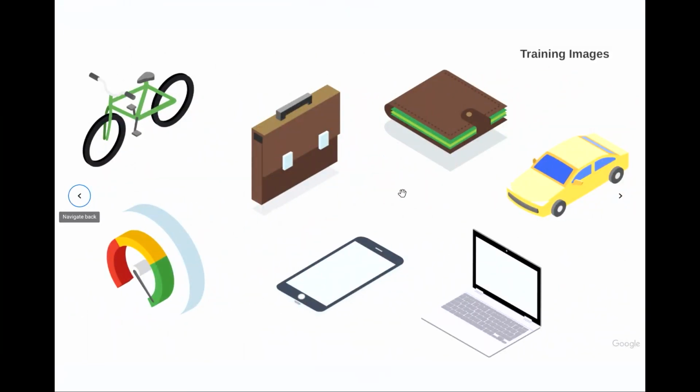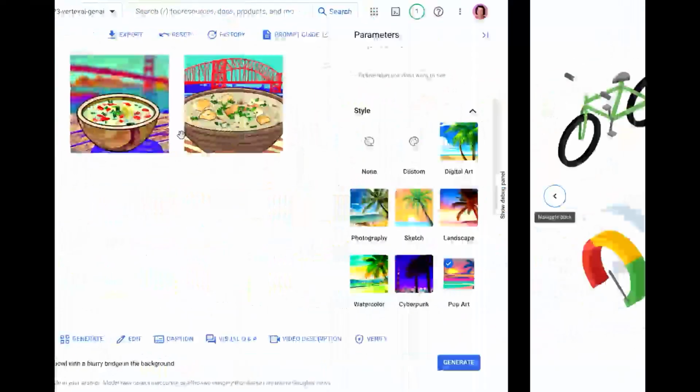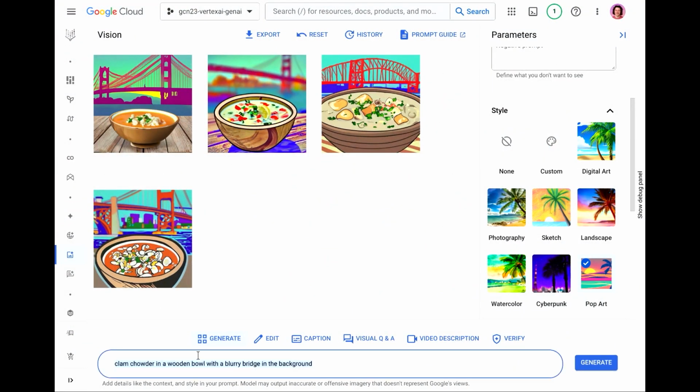What if you could start with, I think I've got, here's some icons here. So we've got these icons. Notice that there's only 7 of them. So we've got 7 icons, and we've fed these into Imagen to generate a custom style. Isometric, we call them. We call these isometric. So we fed these into Imagen. It's learnt this style. So then we can come back into our Imagen and generate, won't generate clam chowder, but